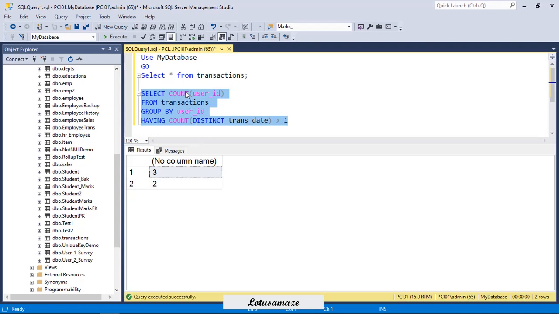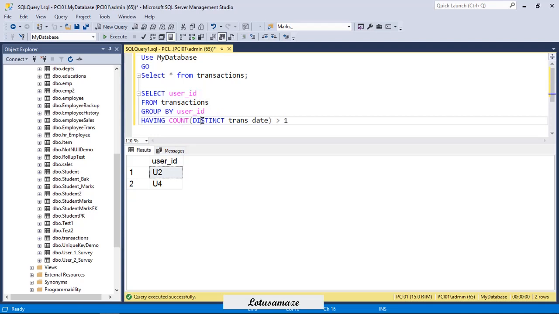Now if I say I want the list of the user ID and execute this one, then we have U2 and U4, as we discussed in the diagram. There are two users who did shopping on multiple dates, different dates or unique dates. That's why we have count distinct in the having clause.